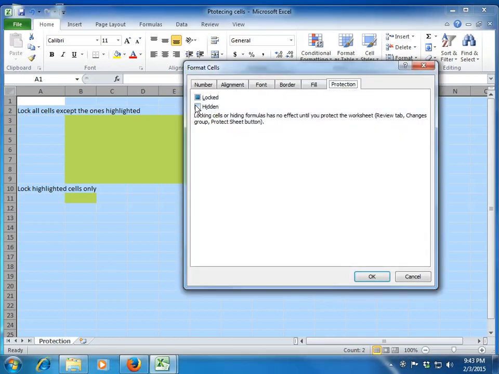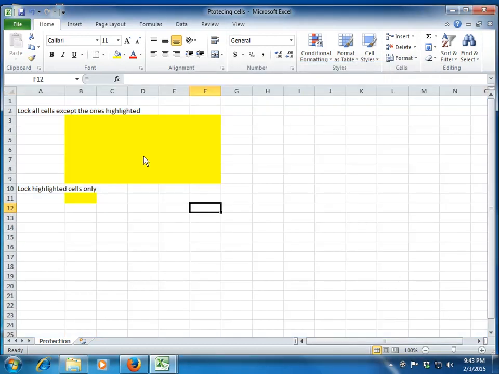Now I click Control 1, and by default it will be locked. I have unlocked it, but by default it's always locked, and if it's not locked, we can lock it. So let me select the lock. As of now the entire file, all the cells, are locked.